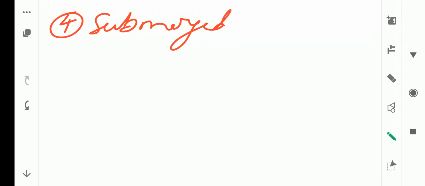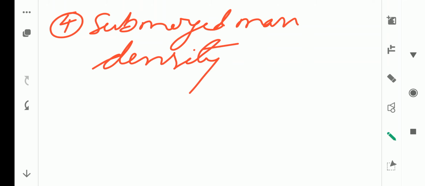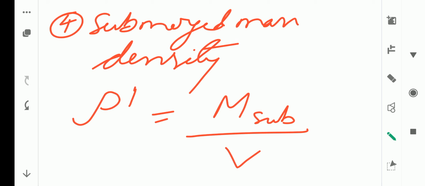Next is submerged mass density. Submerged mass density is denoted by rho dash, right? And it is submerged mass divided by total volume. What is submerged mass? Let us consider a case when there is soil and the groundwater is above the soil, that is the water table lies above the soil. In that case, the soil is said to be submerged,